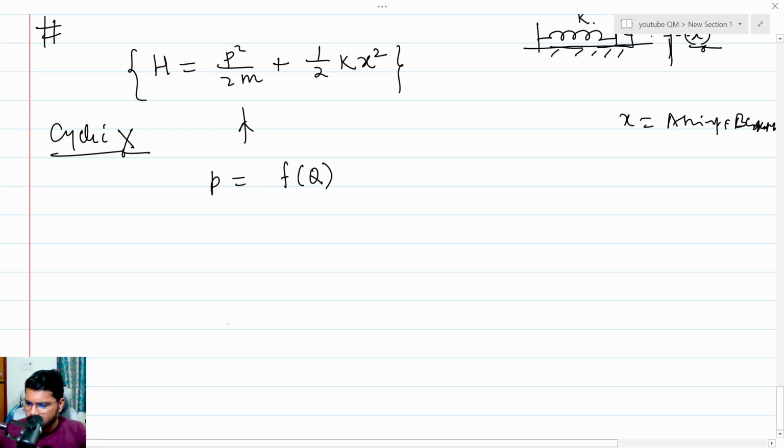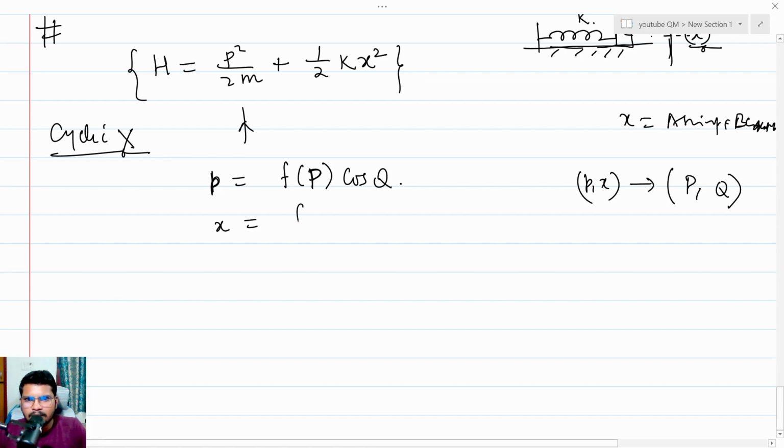Or P square. No, f of, not f of P. But let's say that P becomes f of P. I have to remove somehow these cyclic coordinates, f of P cos Q, because let's transform this P and X, the generalized momentum and coordinate, into, let's say, P and Q. Okay. So let me just transform this: P goes to f of P cos Q, and similarly X would become,